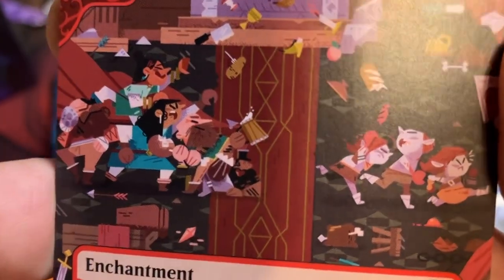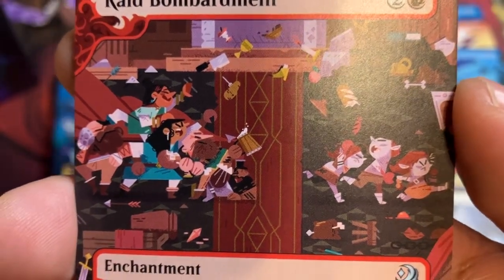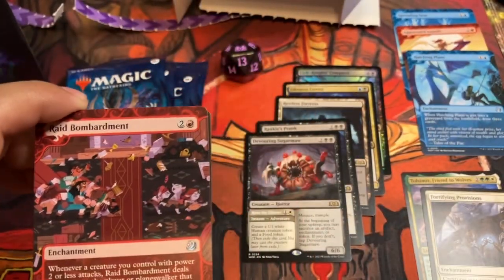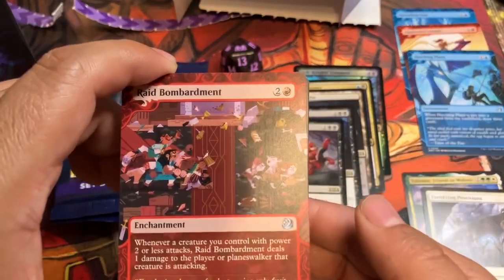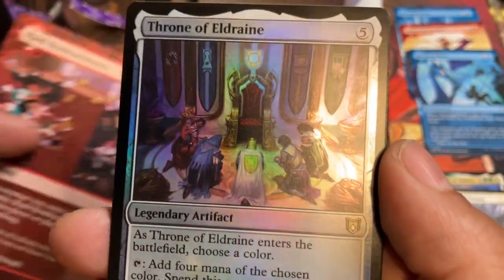And Raid Bombardment with it. Can you see the art better here? I pulled 2 foil of these in my sample packs. This was my foil in both sample packs. That upset me. And I'm not a fan of this art. It's just too childish for me for this game. When this game makes such cool looking stuff. And this game can do silly fun things and still look cool. And that is...